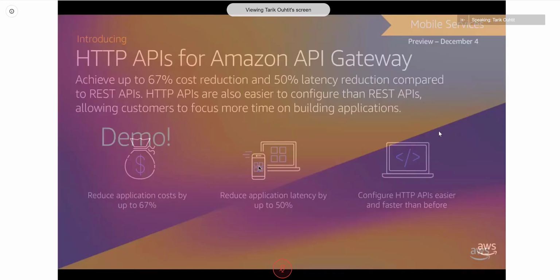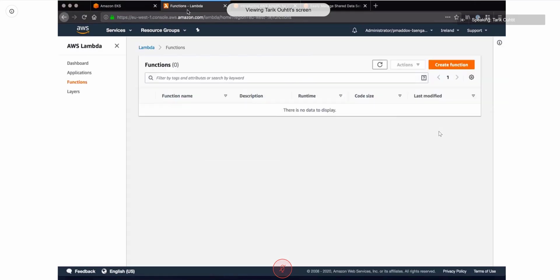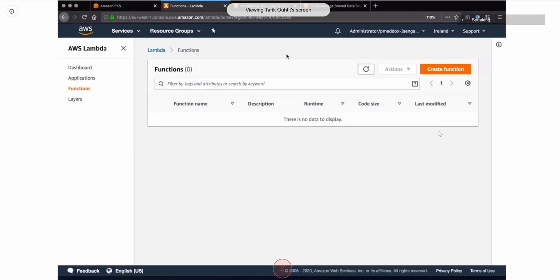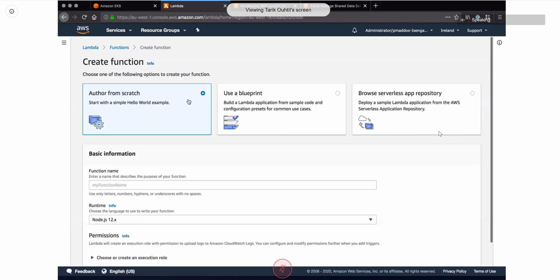And I'm going to show you exactly what this looks like in our AWS console. So this is our Lambda console if you haven't seen it before. This is where I can go and create AWS Lambda functions. And what I'm going to create within about 5 minutes here, maybe less, is an API hosted in Lambda and available online. So I'm going to create a new Lambda function.